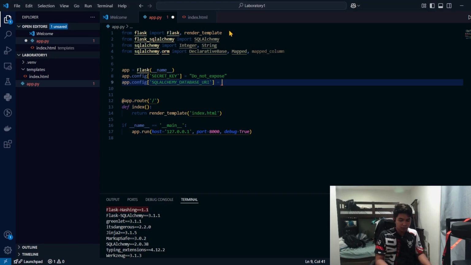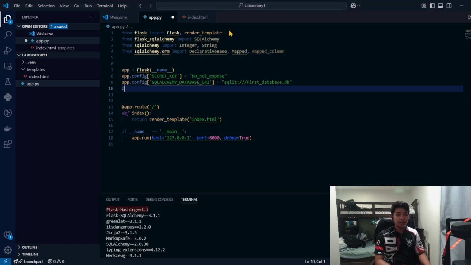To get the own path, you must type sqlite:///, three slashes, and the name of our database. So first database.db. So that's it.